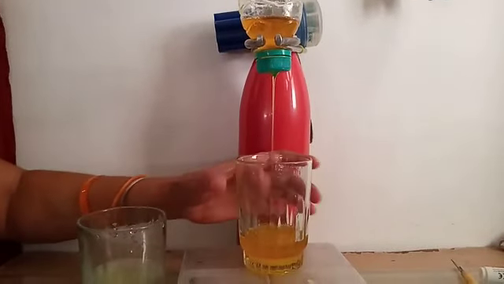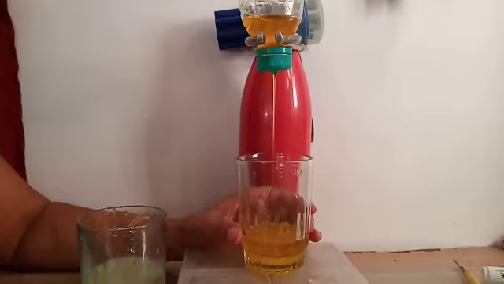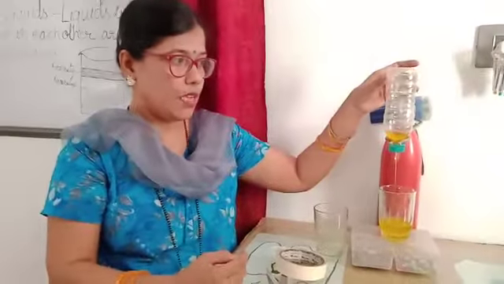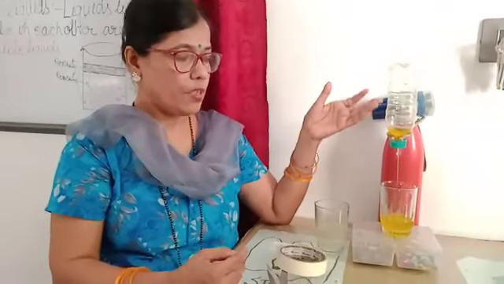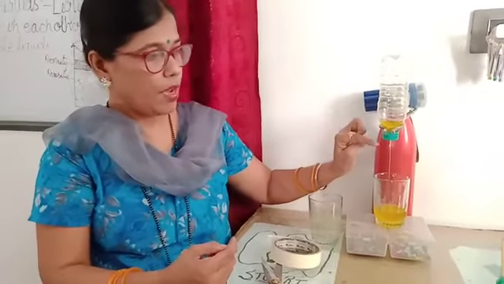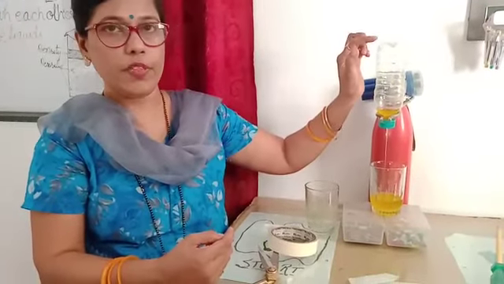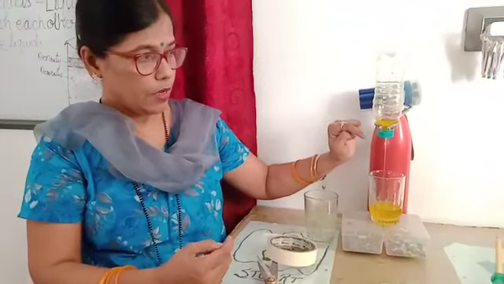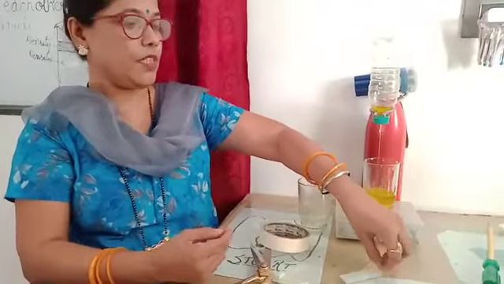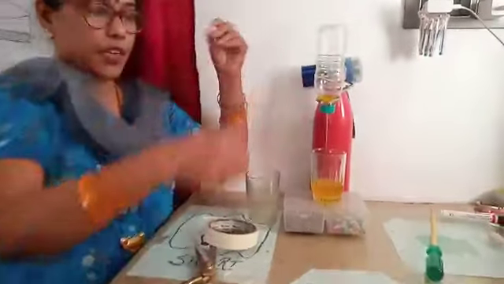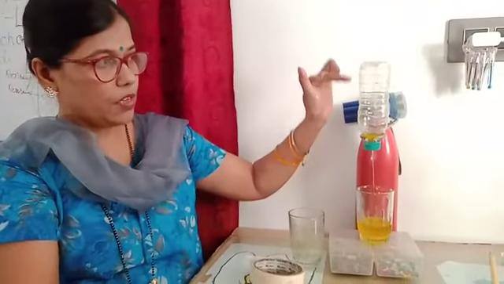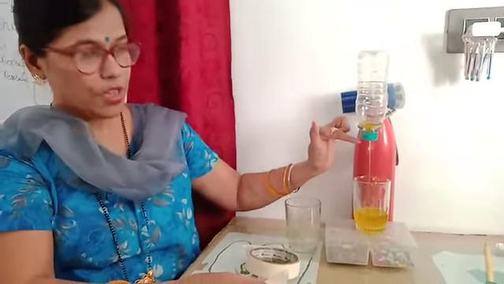You will also perform this activity at your home by making a separating funnel using your waste material. Different types of bottles you may take, and you will make a small hole here and a small hole over there. Before pouring the liquid into the container, you will remove the tape. I have just removed it like this. I have removed the tape from the hole so that air enters inside the bottle and makes pressure over the liquid so that the liquid passes through this hole.